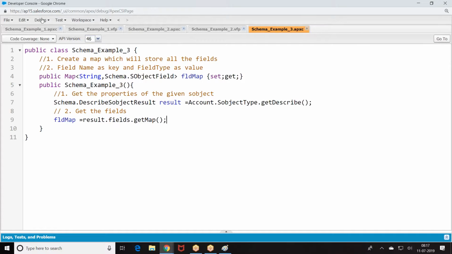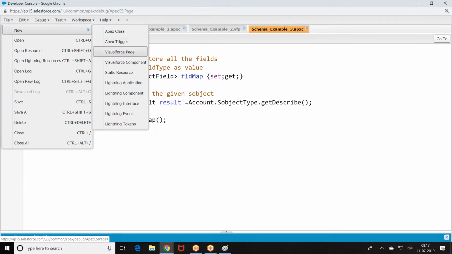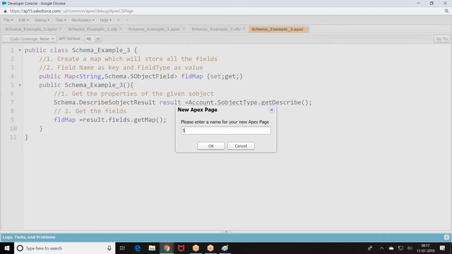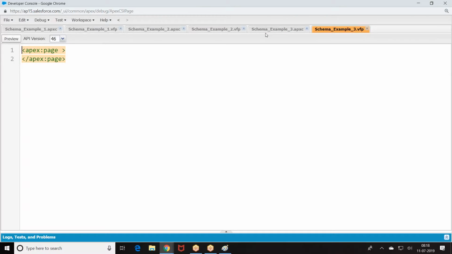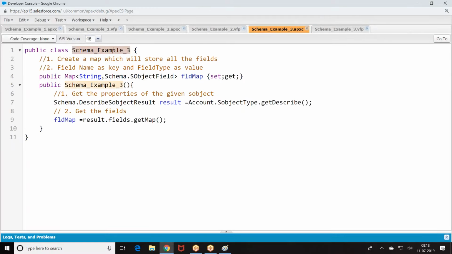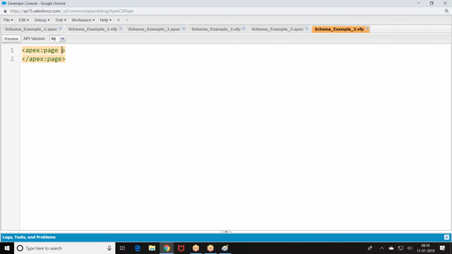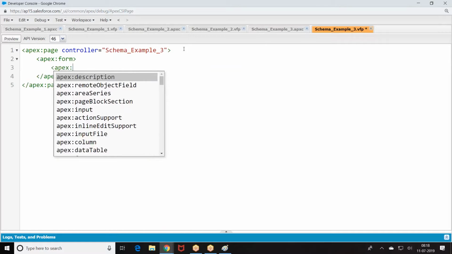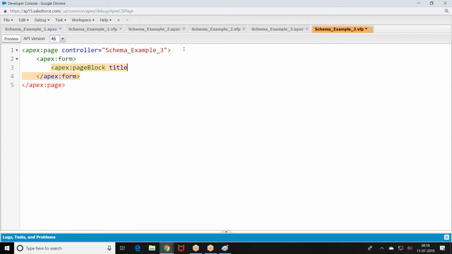So go back to the story, display. Page block title.